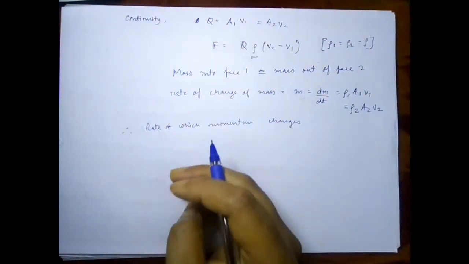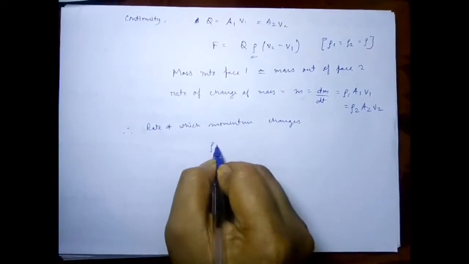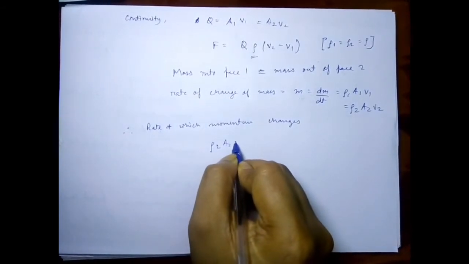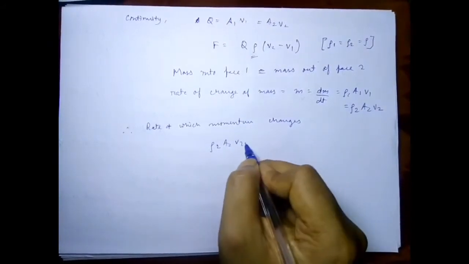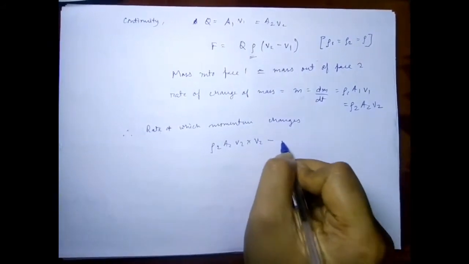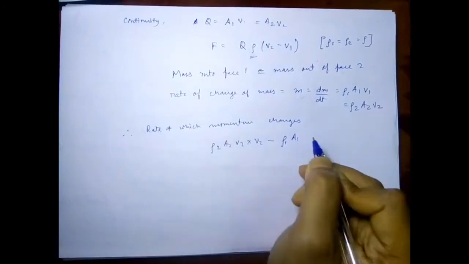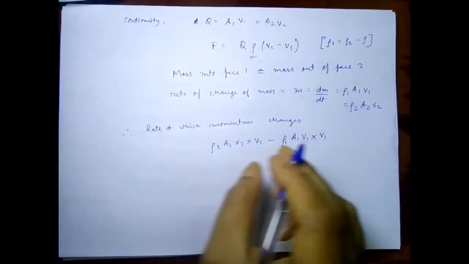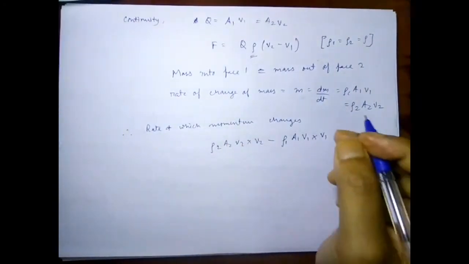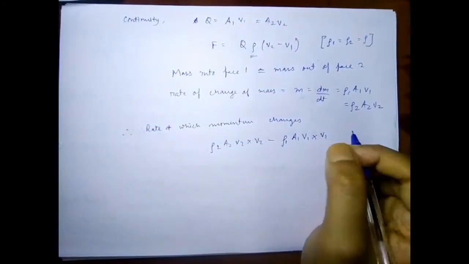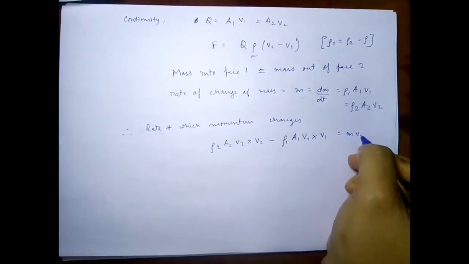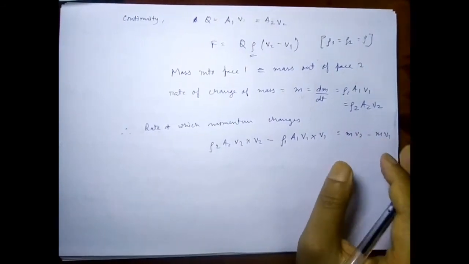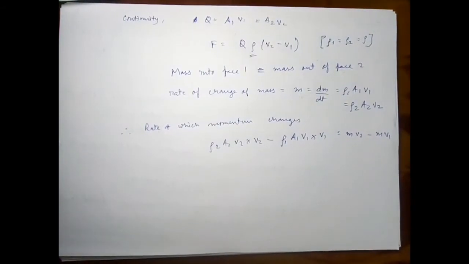Suppose the direction is reversed now, so that is rho 2 A2 V2 times V2 minus rho 1 A1 V1 times V1. This is the mass and this is the velocity. Similarly, this is the mass and this is the velocity at sections 1 and 2 respectively, and therefore it is equal to m V2 minus m V1. And since the force is the rate of change of momentum,